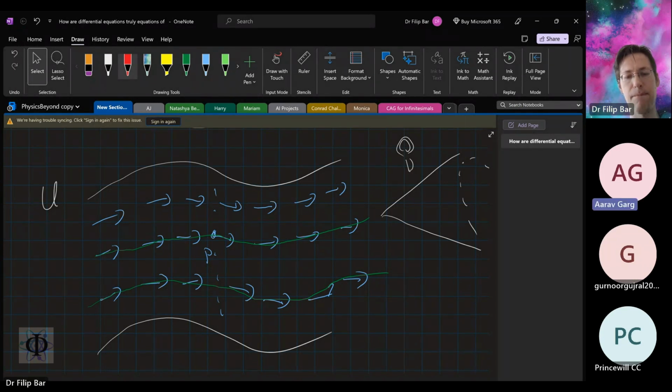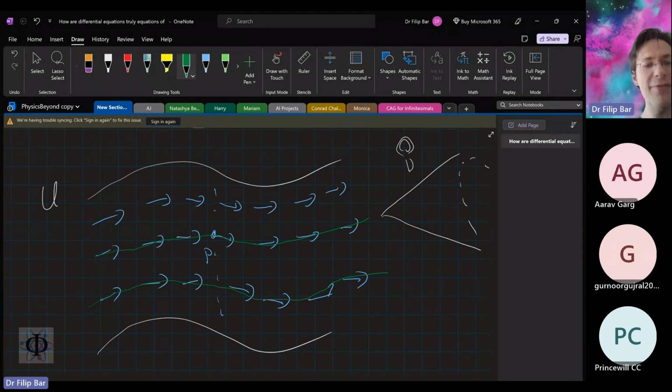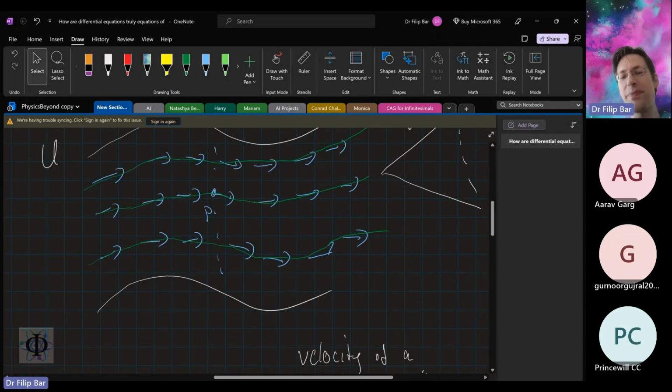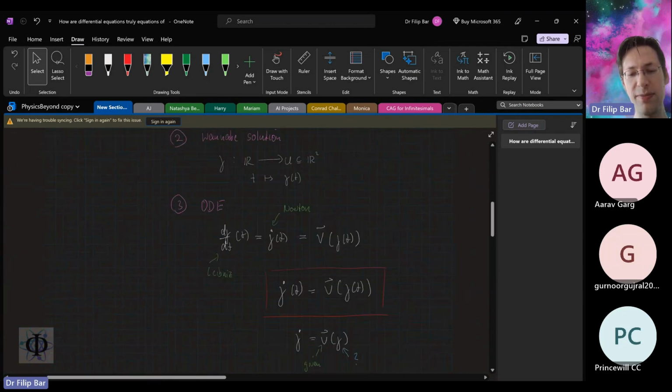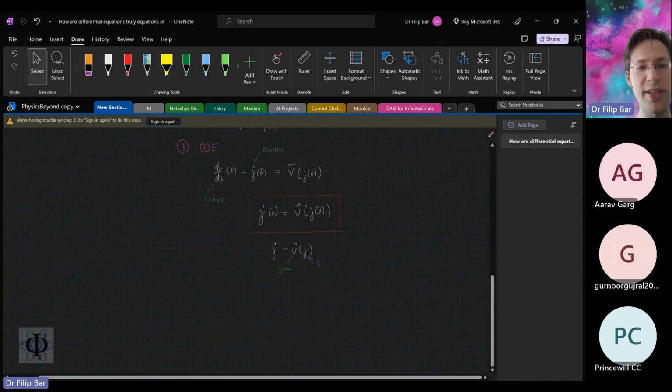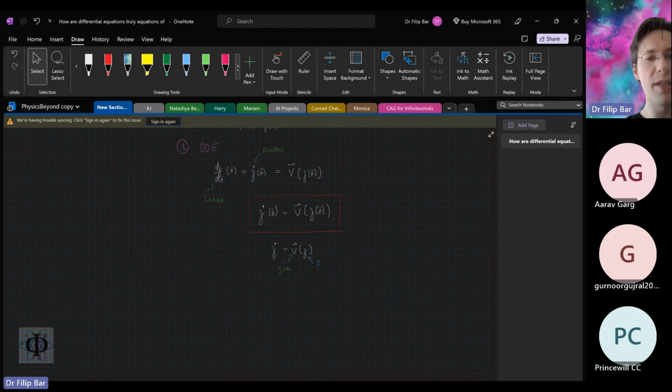Where we threw the cork. Yeah, so where we throw it in, right? So we need the initial position. So I have infinitely many solutions. This would be another solution, okay? And essentially, depending on where I'm throwing it in, I will get a different solution. So this is something that we want to take away, because it's very important when we try to solve differential equations. We need to understand,